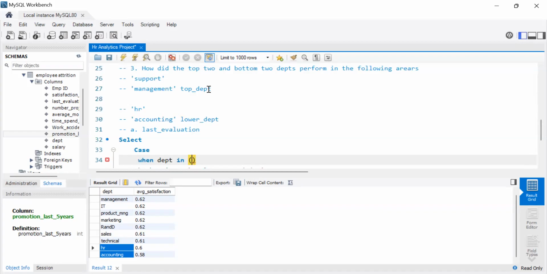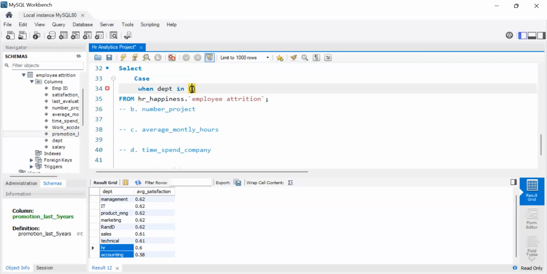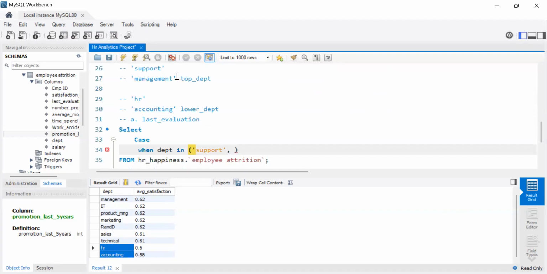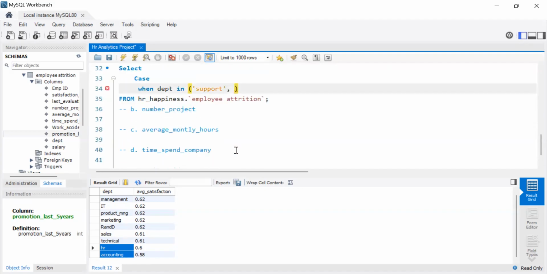When department in support and management, then we agreed we are going to call this